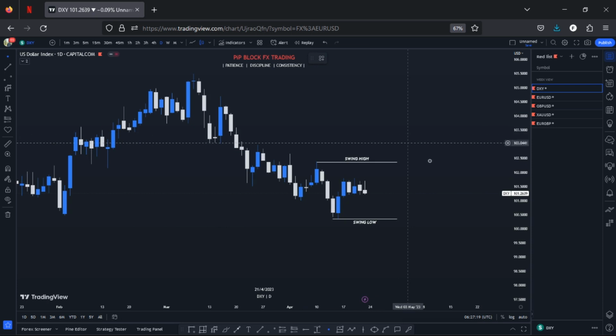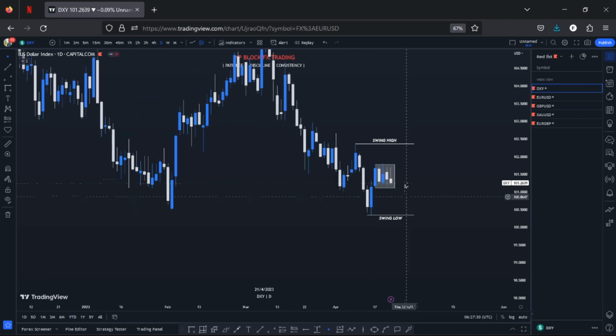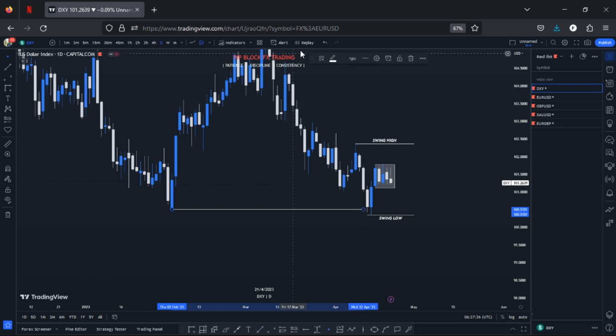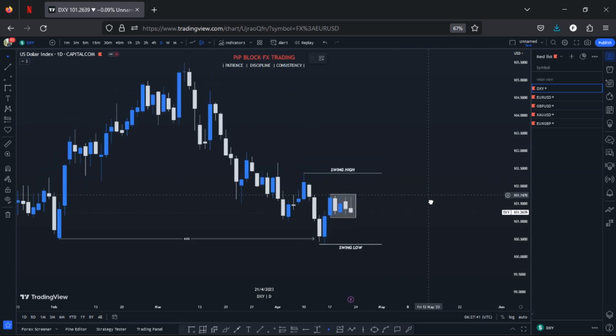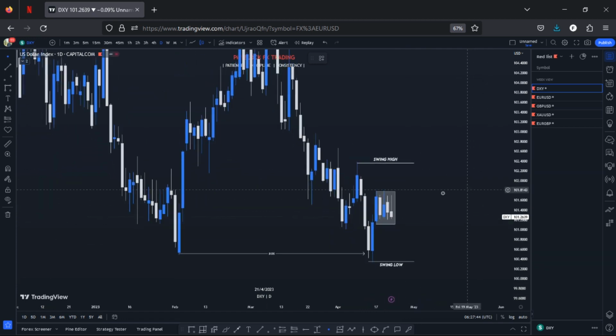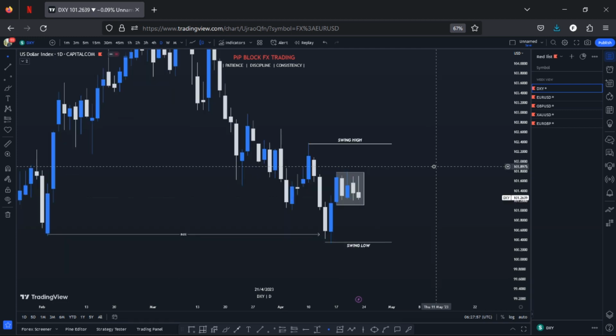All right, so what am I expecting for DXY? Last week wasn't a very good week since we had DXY giving us only forms of what? Consolidation right here. DXY is also very bearish. When you look at the side, we can see we had some little break of structure right here. So that means I'm going to be bearish for DXY, since we have break of structure, break of structure, break of structure right here, which gives me a reason to be bearish for DXY.